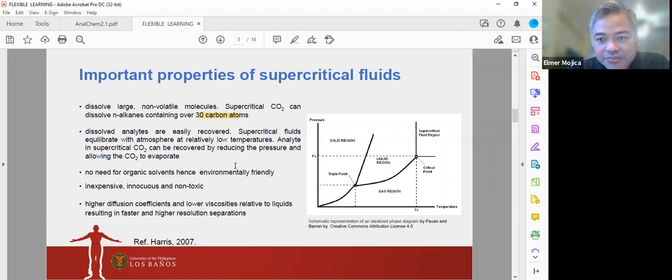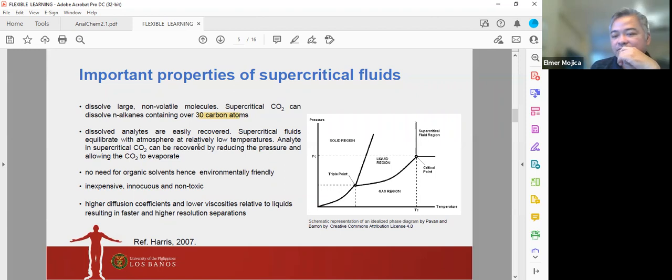I don't know if you know the principle behind decaf coffee. You're removing the caffeine out of these coffee beans. So usually they don't do liquid extraction. What they do is supercritical fluid extraction. Because if they do liquid extraction, what do you think the solvent that they use? They're going to use organic solvent. So ask yourself, are you going to drink coffee when you know that there's some organic solvent that passed through it to remove your caffeine? Okay.